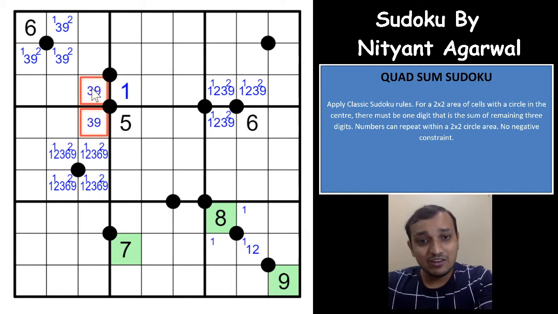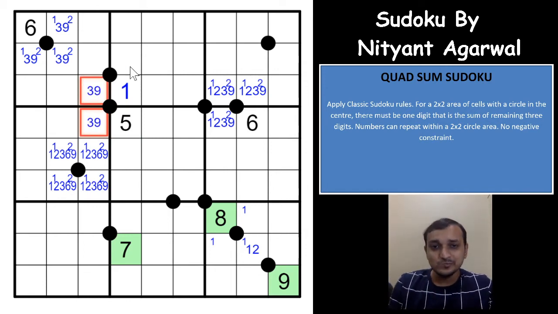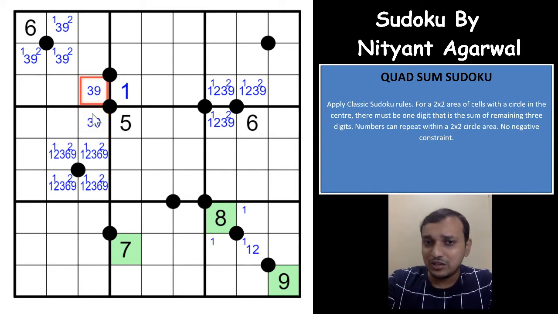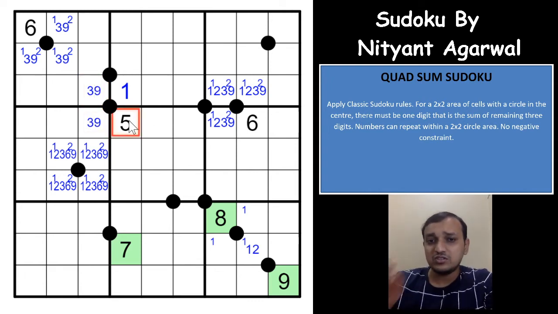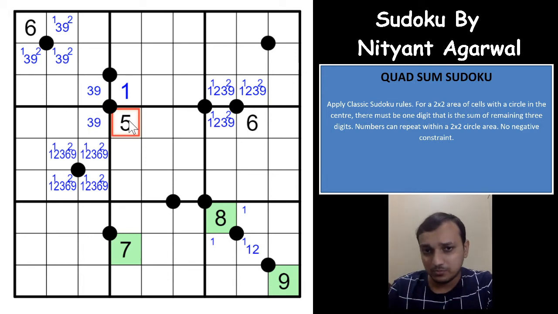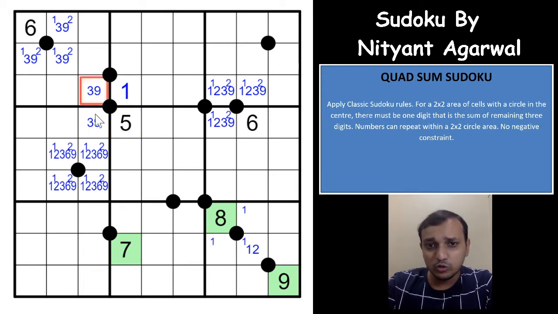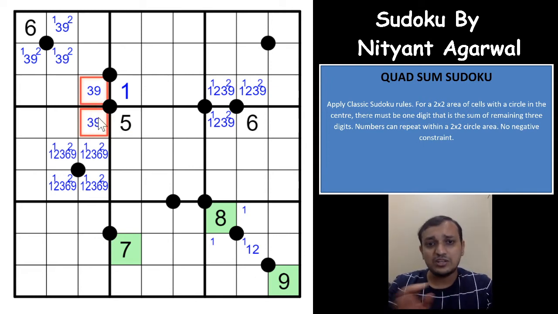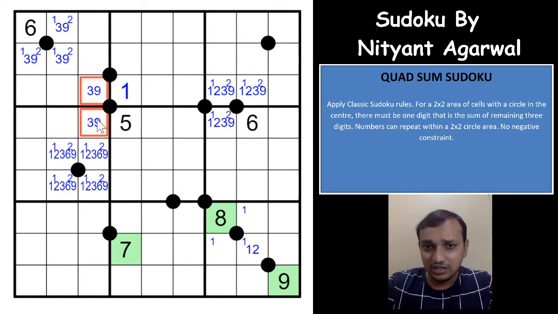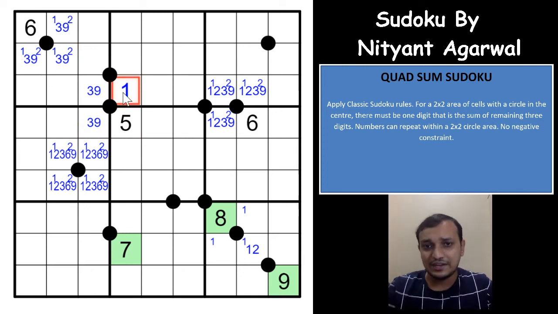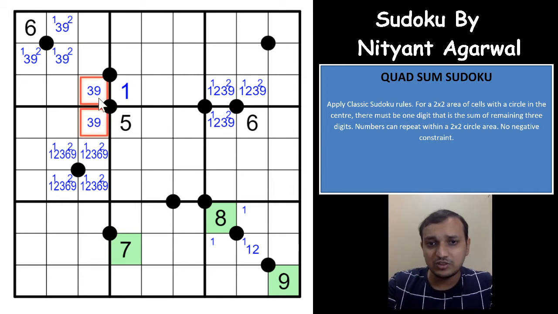Wow. I will again brief you on what I am doing here. Both 1 and 2 cannot be in one of these. We already deduced that 5 is not a sum cell but part of the sum, right? Which means that both of these cells cannot be 1 and 2. So out of both of these cells, one cell will have to be at least 3. I am taking the minimum value because the sum cannot be greater than 9. So 5 plus 3, and this cell, the minimum value can be 1. So 5 plus 3 plus 1 is 9, which means that both of these cells will have to be a 3 9 pair, and this is a 1, and we have fulfilled the sum now.